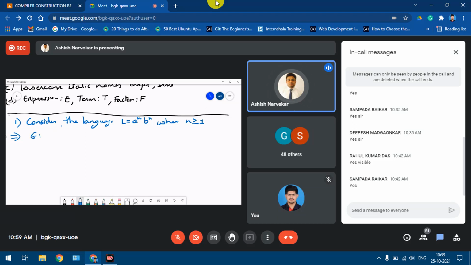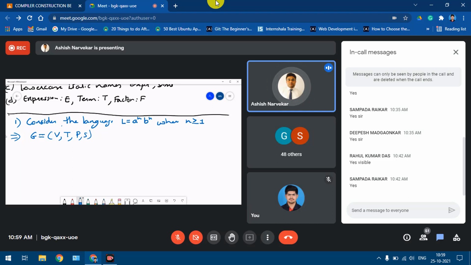What a grammar involves is a set of terminals, a set of non-terminals, production rules, and a start symbol. This is what we need to do for this particular language that is given to us. Now, looking at this language, whenever a language is given to us, whatever is given in that will be the terminals. The strings will be made up of only terminals and not non-terminals.